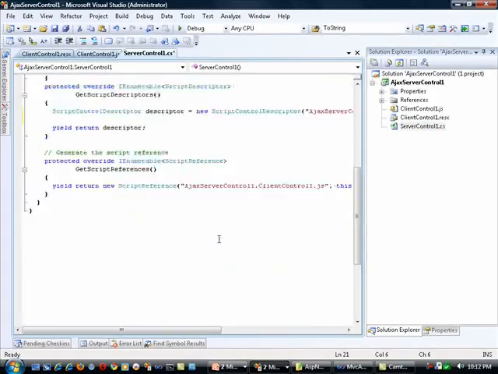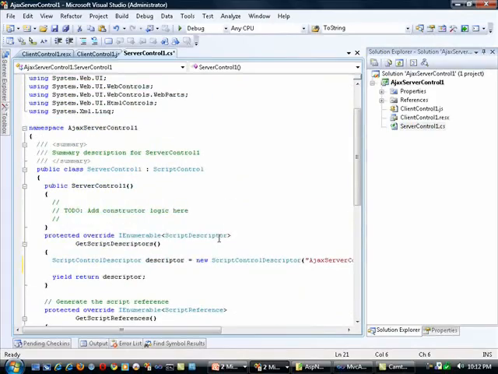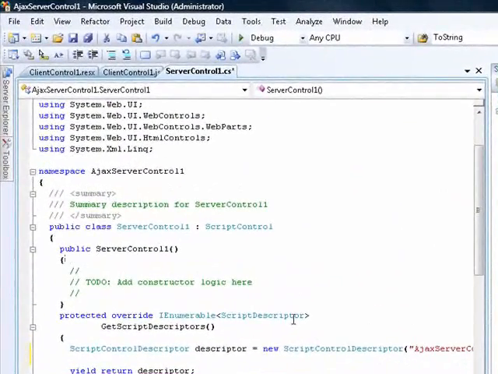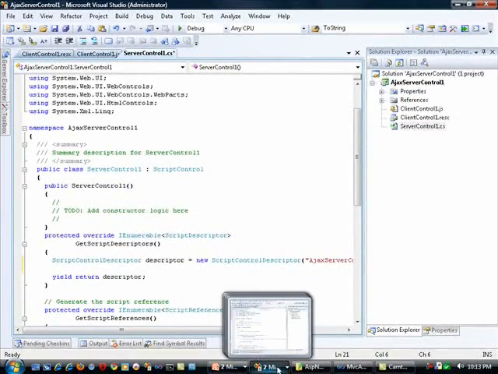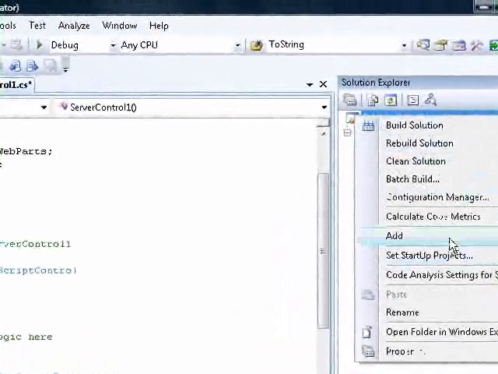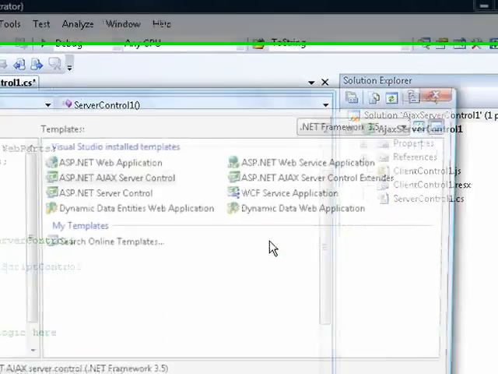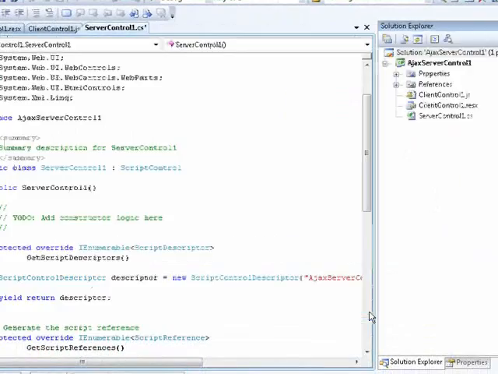Now, this is a lot of code, and if you decide to create an Ajax custom control of this manner, it's going to be a lot of coding from scratch, and you better know what you're doing. It may be preferred that you find a working example and then base it off of that and make modifications to it. Now, the other type of control that we do have is, of course, our Ajax server control extender,